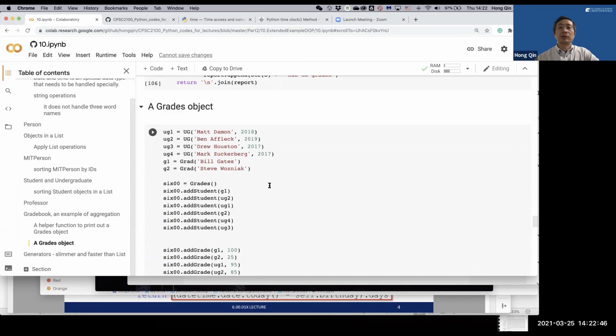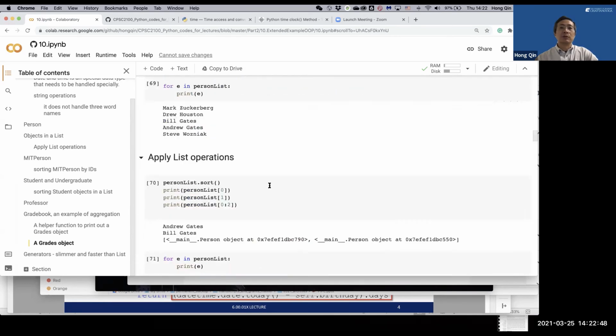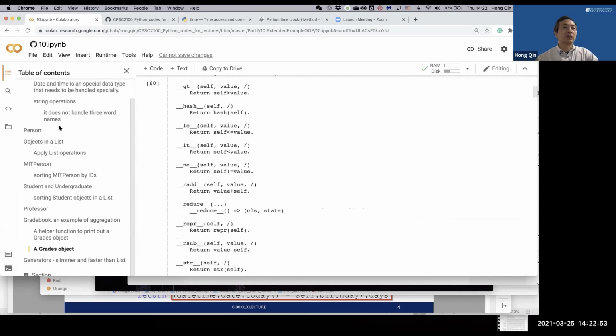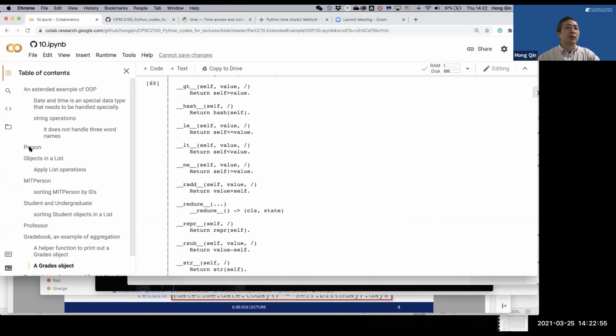This is a very detailed implementation of OOP in Python, and there are a few key concepts here. We use multiple inheritance, and we also showed there are multiple subclasses, but they all belong to a parent class. We can put them in one list. But once we do that, if we are calling a function,